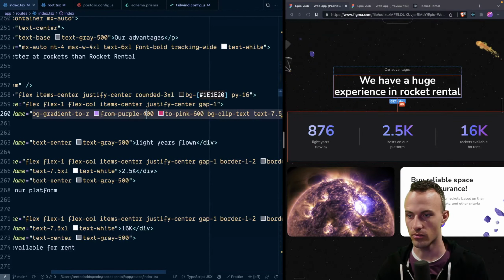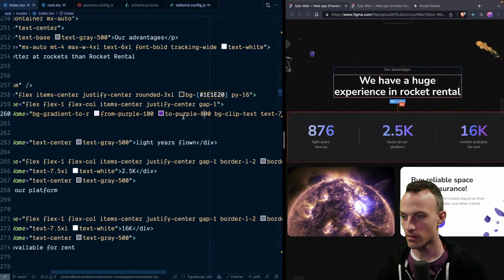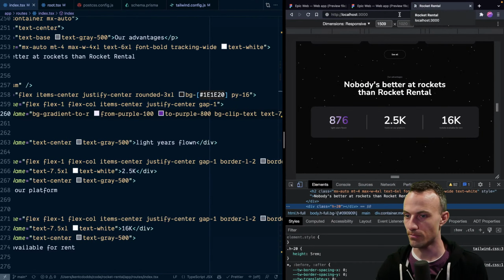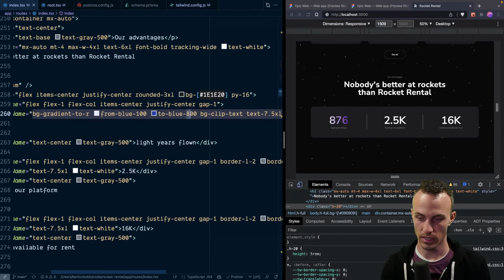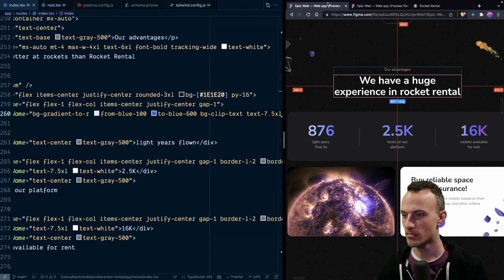It looks like we want to go from purple 100 to purple 800 maybe. I don't know. That's kind of a blue. Purple might not be right. Blue, and 800 might be a little much. Okay, cool. And then this one,